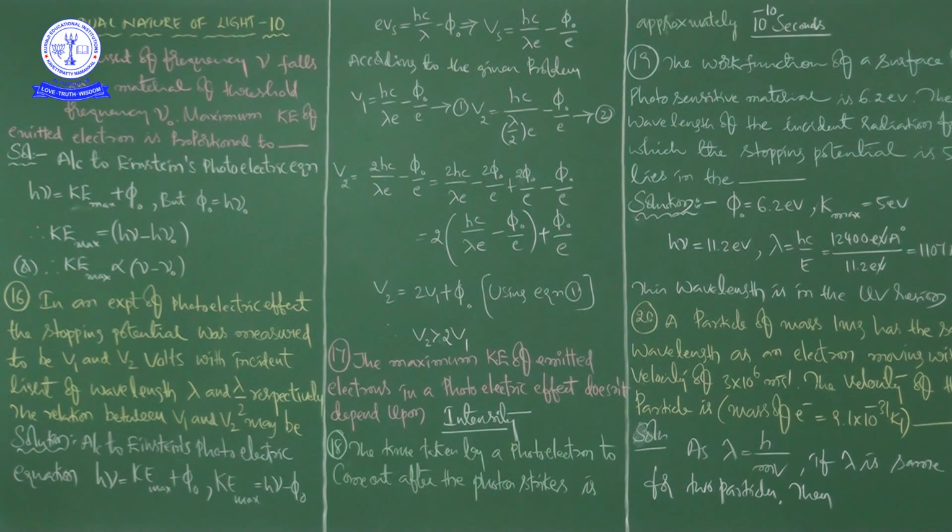And you know, the potential of the collector plate, if you want, you can vary, you can change. So at a particular instant of time, for a particular value of negative potential of the collector plate, no electron will reach the collector plate. All the electrons will be sent back to the emitter plate. So here itself you can say that the photoelectric current is 0.